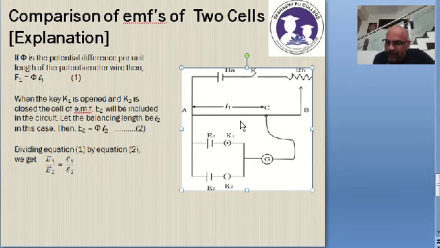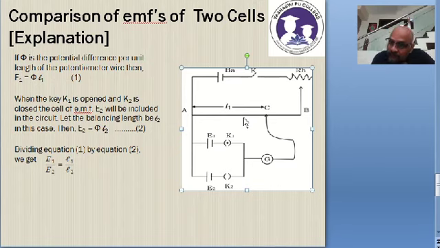I repeat again, dear students, listen, this is the important thing. Suppose E1 is 5 volts and this battery is 10 volts. Out of the 10 volts, 5 volts will be dropped from A to the center, somewhere here. So if you bring the point C to the center, what happens? The battery is providing 5 volts, the cell is providing minus 5 volts, therefore they cancel, and the galvanometer shows zero deflection.